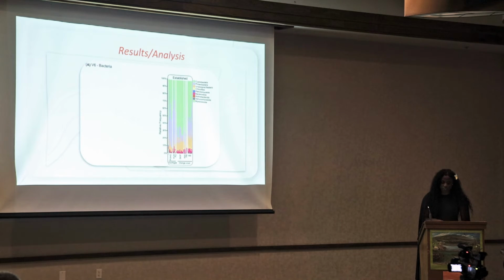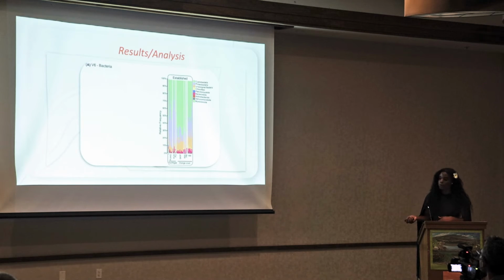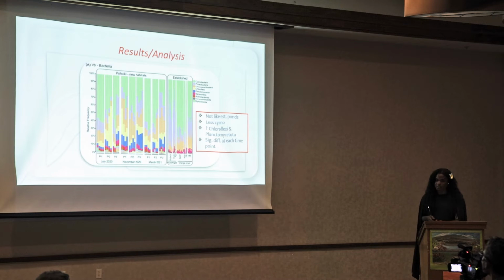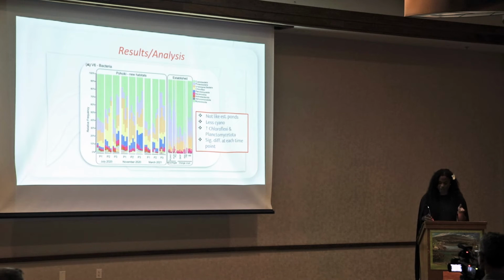And here's kind of a zoomed in look at the actual composition of these microbial communities here in the established ponds. As you can see, they're mostly made up of cyanobacteria and proteobacteria and don't have a lot of diversity. But with these new ponds, they are a lot more diverse, and even though they're high in cyanobacteria, it makes up a significantly less portion of the population. And there are also some other bacteria that are present, like these two listed here, Chloroflexi, and they actually made up about 10% of the microbes in these new ponds, but they made up a fraction of a single percent in the established ponds. So there was a lot of difference.